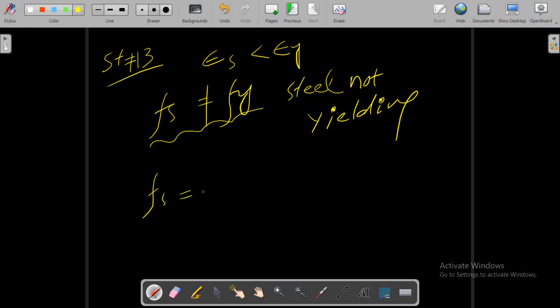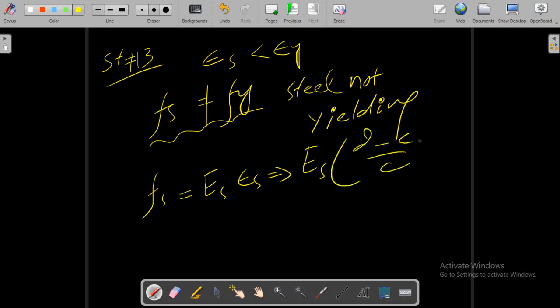Now it can be calculated by using Hooke's law: modulus of elasticity of steel multiplied by epsilon s. Now it can be modified to Es times epsilon s, which is (d minus c) divided by c, times epsilon u. Now this value which we got here,